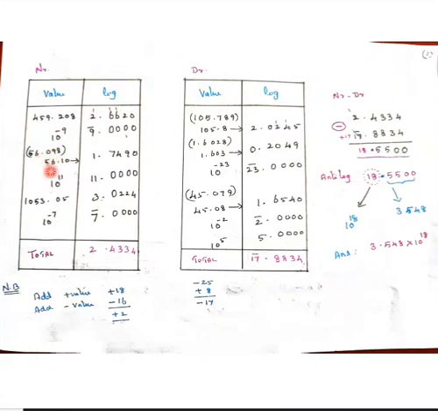So it is 56.10. So the characteristic is 1 point because the number has 2 digits. 10 to the power of 11 is plus, so 11 point. And here 4 digits, so I have written the characteristic as 3 point. Then 10 to the power of minus 7 is 7 bar. These are the characteristics, the way of writing the values for the characters. Next we should see the log in the logbook. First 2 digits should be seen in the serial number side. This 9 is to be seen in the middle compartment and 2 to be seen in the mean difference.